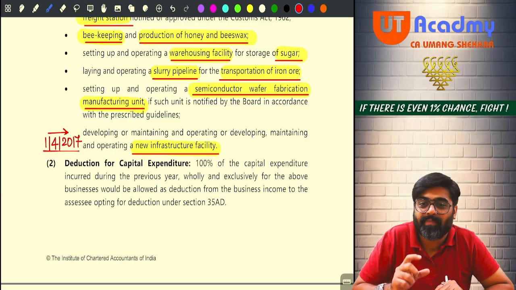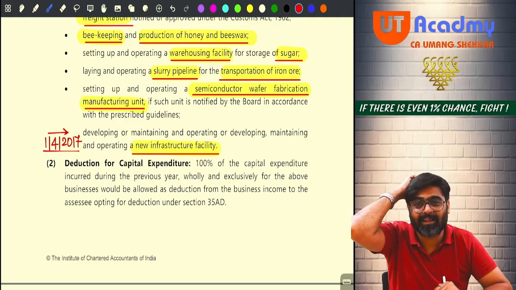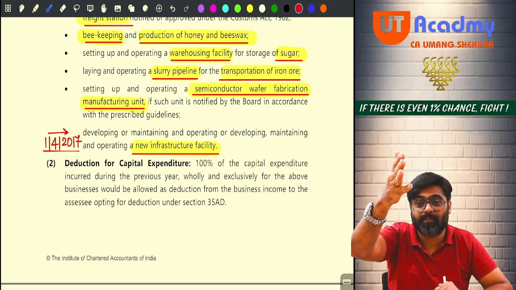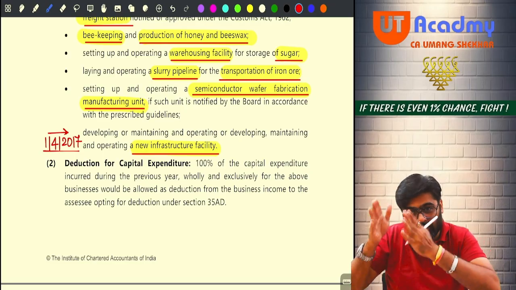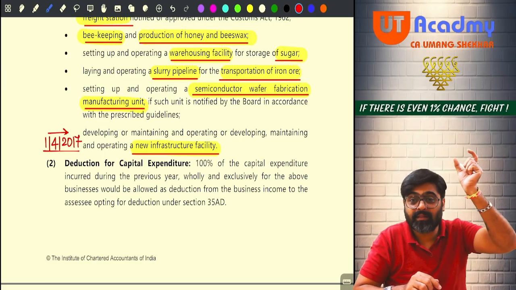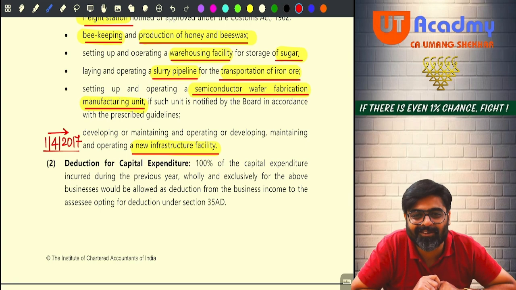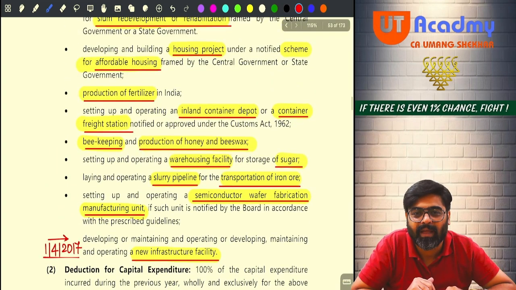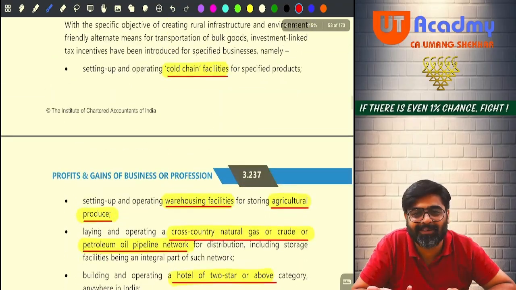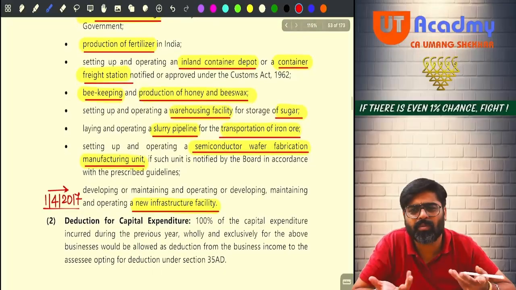When you see the earlier years' ICAI study material, the old one, these names are also given, and besides that the dates are also given. But in this year's study material, they have eliminated the dates. I am teaching you from the ICAI study material only, so the dates are not given. Don't worry, no problem.